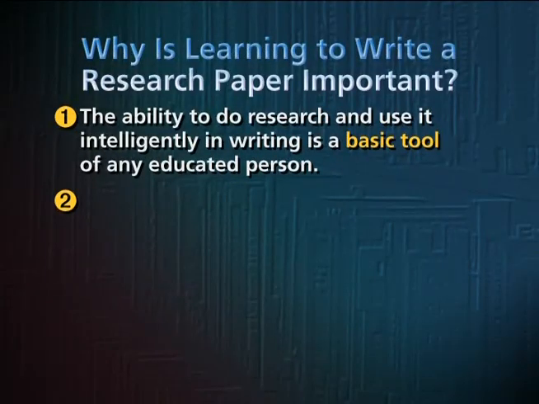You need to be able to draw information from many sources and organize it thoughtfully in a piece of writing. That indicates that you understand what you've read and have made it your own and contributed to the advancement of knowledge in some small degree yourself. So part of being educated is being able to write a good research paper, and that's why it's required in most schools. Second, there are actually practical life reasons why being able to do effective research may be important for you.